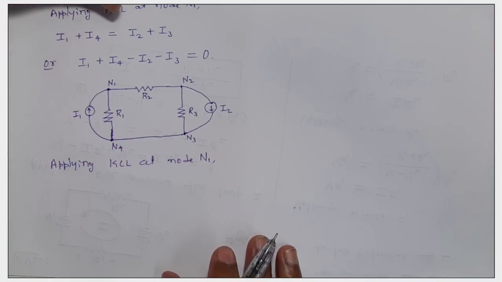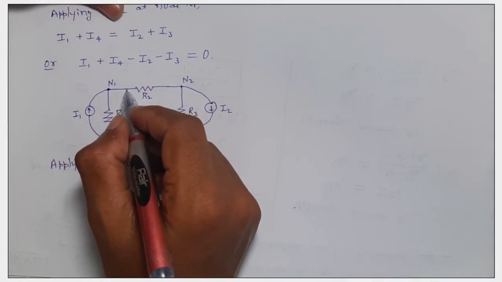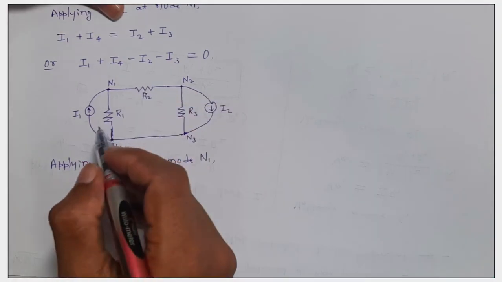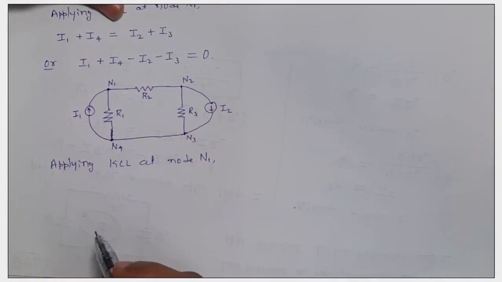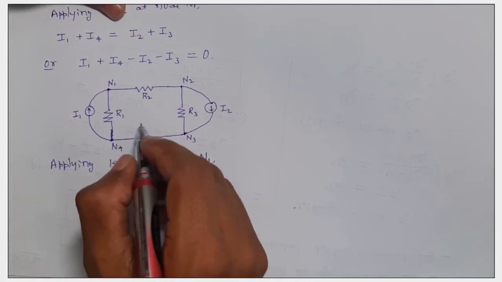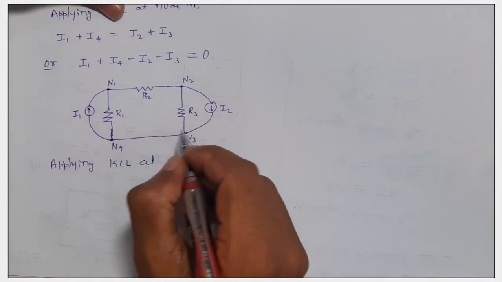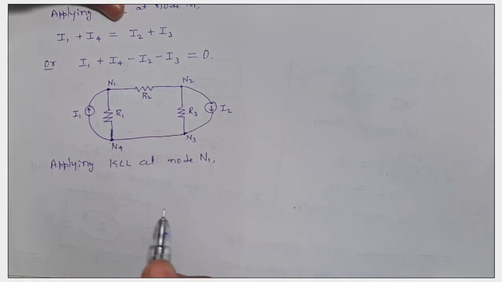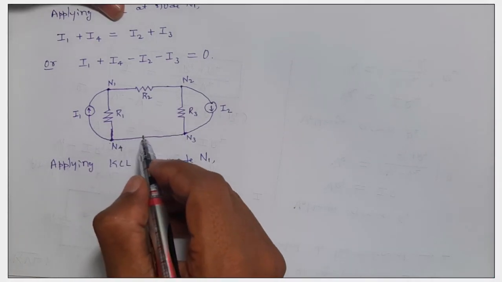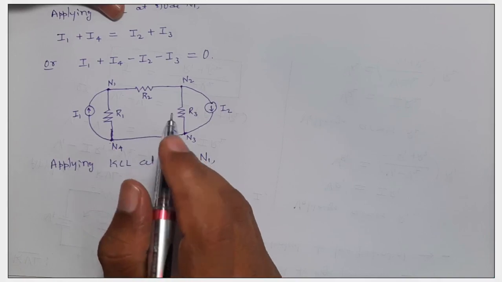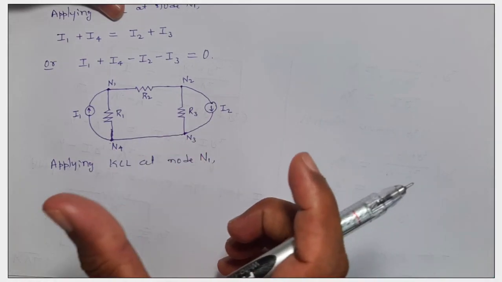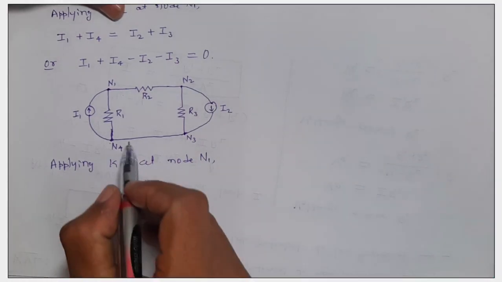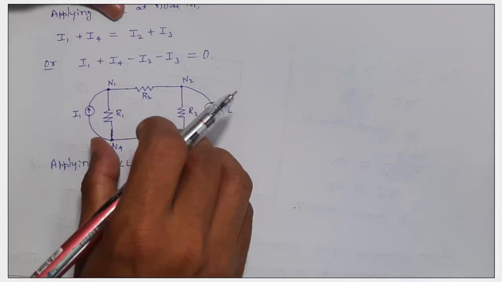Before that, dear students, we don't know the direction of current in branch R2, even branch R1, even in branch R3. And one more thing, dear students, here N4 and N3 are not 2 nodes, it is only one node because this is not a branch. So what is the definition of branch? A branch is a portion of a network between 2 adjacent nodes which at least should contain one network element, but there is no network element here. Because of that, there are only 3 branches.